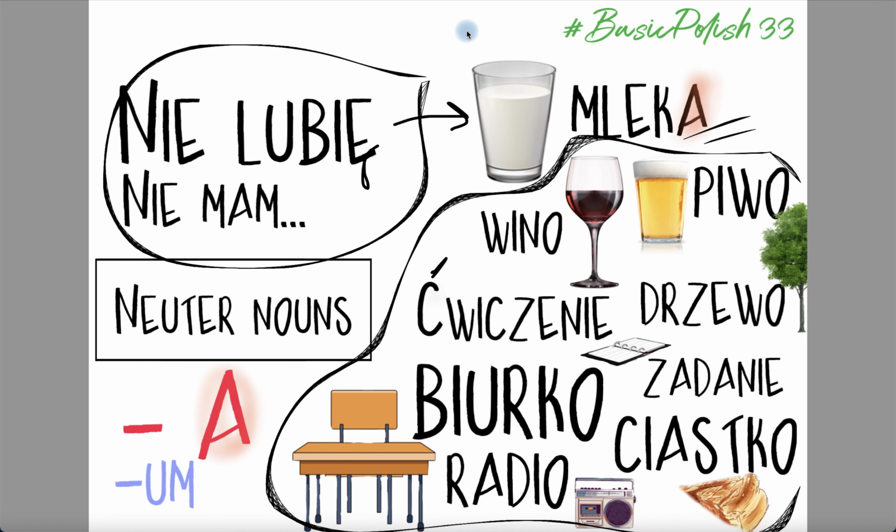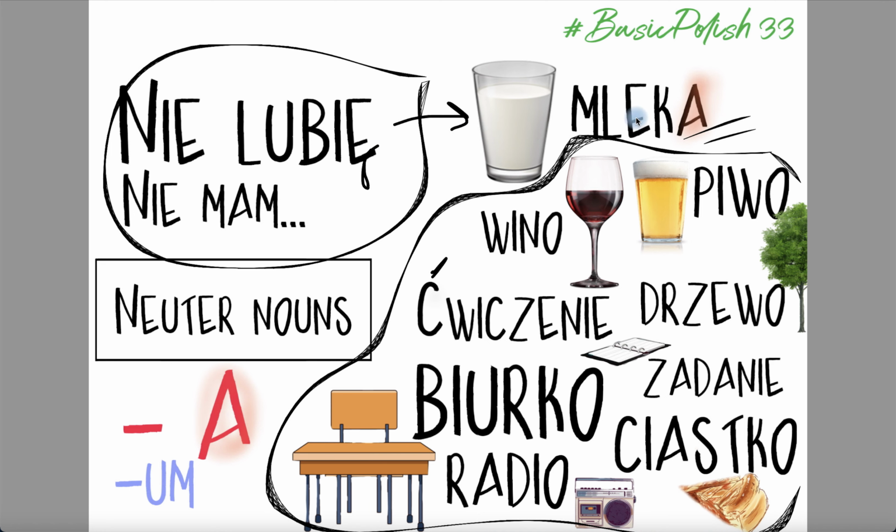Why did I do that? Because I'm saying that I don't like milk. And because I don't like milk and I'm negating the verb, I need to have my object after the verb placed in genitive case. So mleko, as you know by now, is the word for milk in Polish, but a is necessary to make this sentence grammatically correct. So nie lubię mleka. Again, if I speak quickly, this will be dropped and you will hear predominantly nie lubię. Nie lubię mleka.